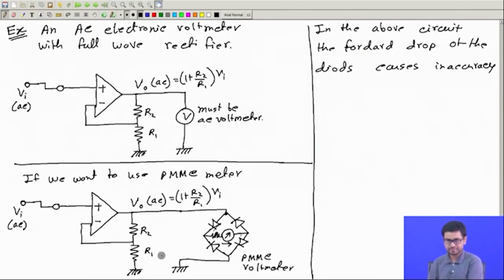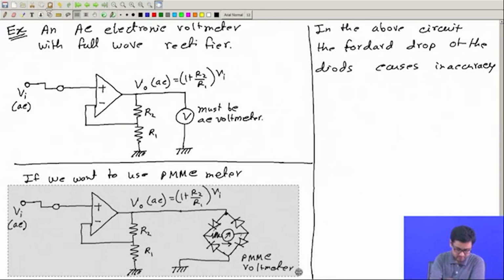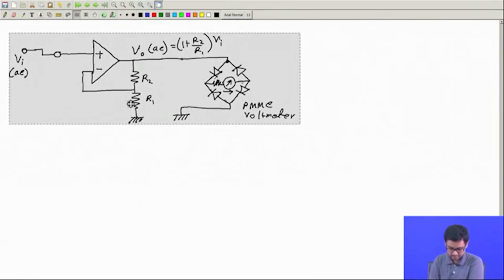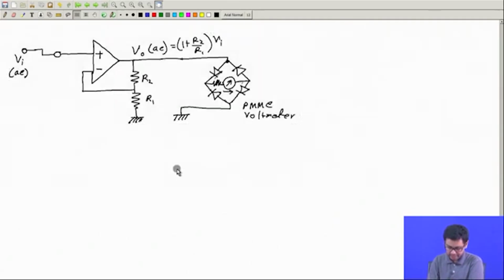So now what we can do is modify this circuit and try to make a circuit so that this diode drop doesn't affect it. So let's try to make a modification. The idea is essentially to put this part somewhere here. Okay, so what I will do,